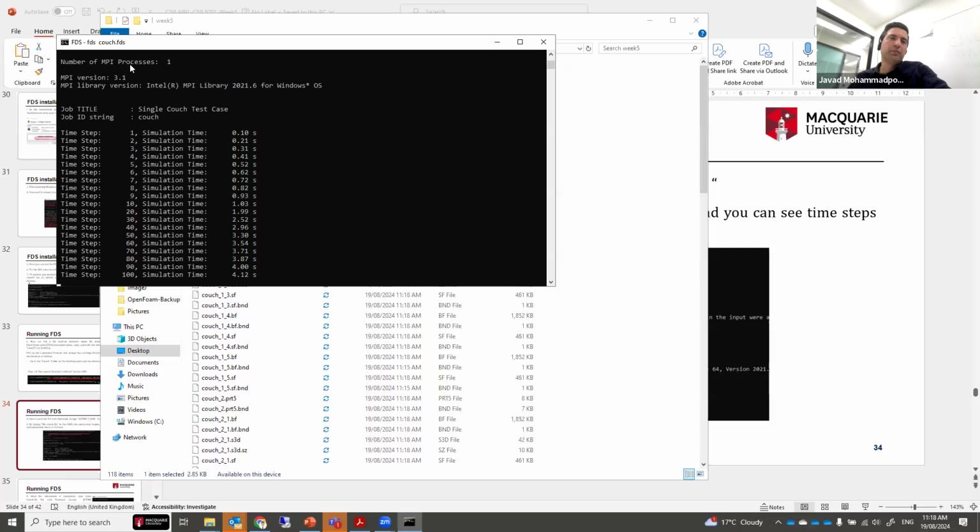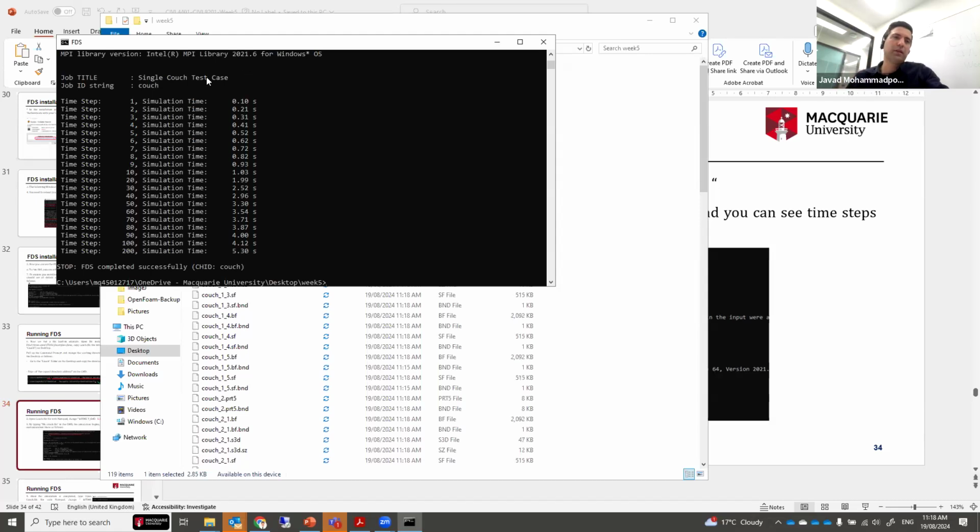Here you can see the number of MPI processes, so it's just one. You can use parallel if you like, but I think just one is okay because we reduced the flow time to 5.3. Yeah, it's completed. FDS completed successfully. And what is the final time? It's 5.3, which we already set. So now we have